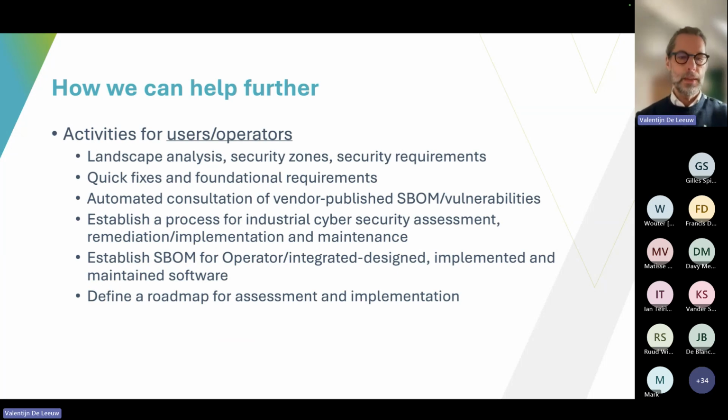We can help you making the landscape analysis, defining your security zones, getting started with a few quick fixes for your foundational requirements, setting up automated consultation of vendor-published vulnerabilities and software bills of materials, help you with establishing a process for industrial cybersecurity assessment, making software bill of materials for the software that you make or buy yourself, and define a roadmap for assessment